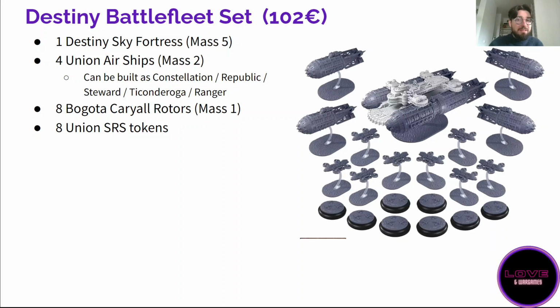Now that it got a point nerf, it might be a little bit more balanced, but the Ranger is still an insane ship, probably the best carrier of the game. But all of them are interesting, like the Steward, the Republic, they all have their own thing. Republic has been nerfed, we'll see. So lots of options. As we have just seen in the unboxing, you do not have enough bases to make